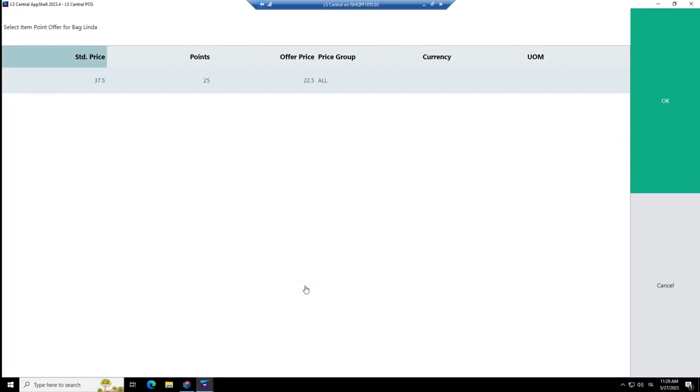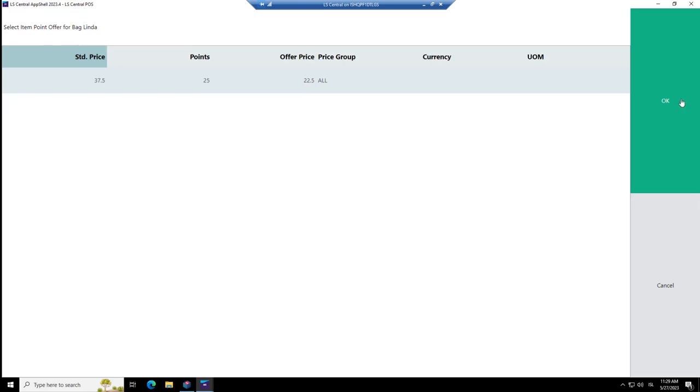We have an item point offer. Remember, we talked about the offers, but there are some additional offers. We just talked about the main offers. And there is a possibility with the item point offers, saying that since you're buying the bag Linda for this price here, $37.50, you could use 25 points, and then you will get the price lowered to this price here, $22.50.